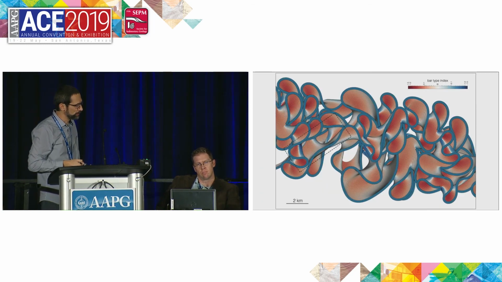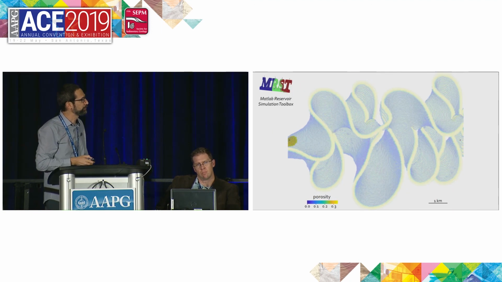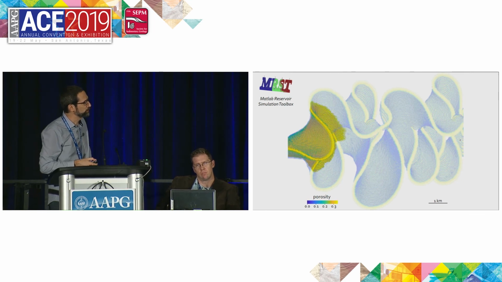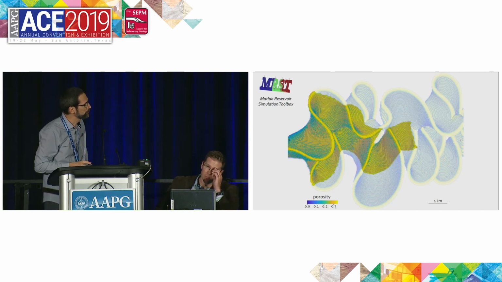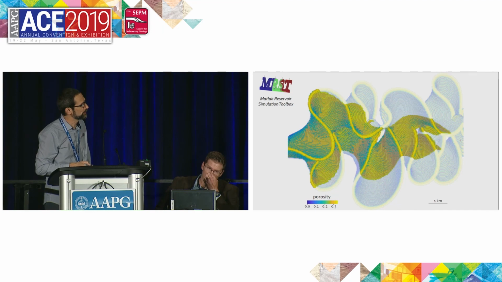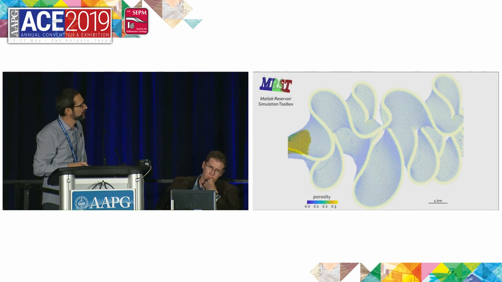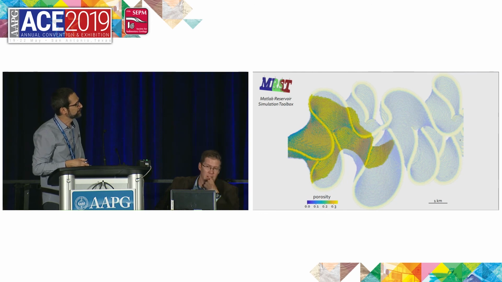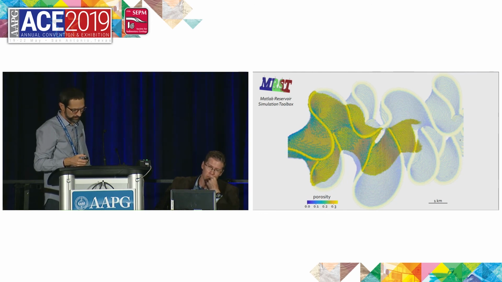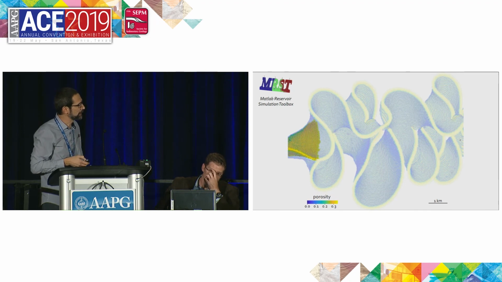If we let the model run for longer, then we get images like this. Of course, we want to go 3D, and we want to understand how fluid flow actually behaves in these systems. This is a model without counterpoint bars, just a simple fluvial model with oxbows, and I'm obviously injecting on the left side, and there's a producer on the right side, somewhere over there, and you see the patterns of how the fluid flows.